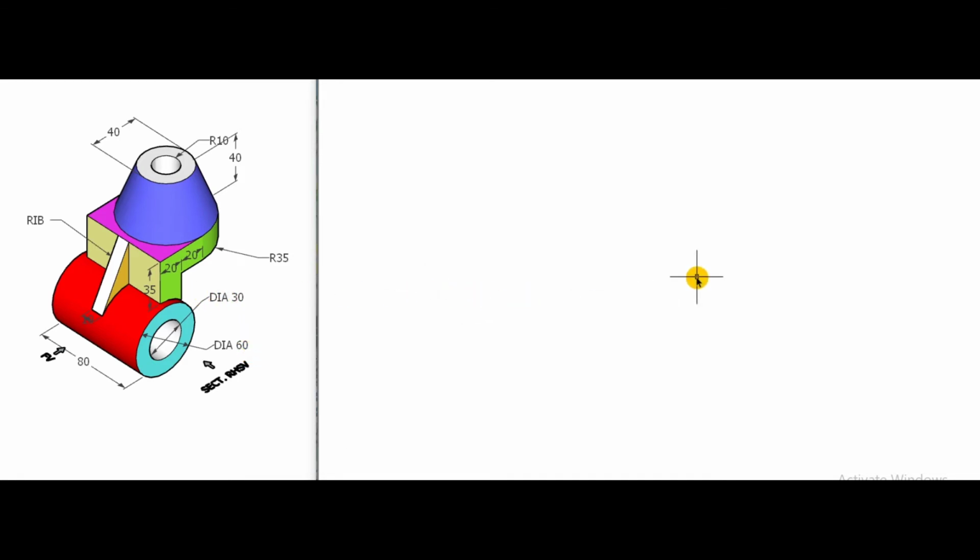So the frame for the front view will be located here. Below this frame will be the top view, and the frame for the side view will be here.